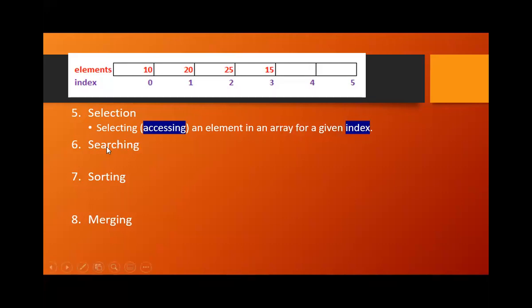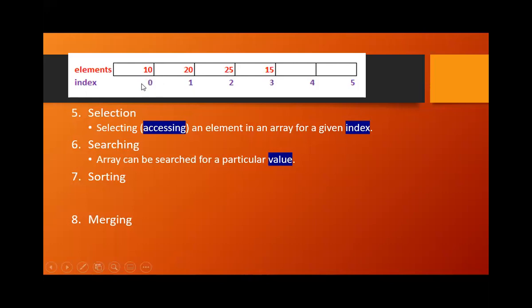Now, for the next operation, searching is based upon the value of the element. Search the element 15 means I have to start searching from the 0th index to the last index, and I shouldn't look at the index value, rather at the value located in that index, that is the elements. An array can be searched for a particular value. Suppose I search 15, then first I should perform a traversal operation from the 0th index.